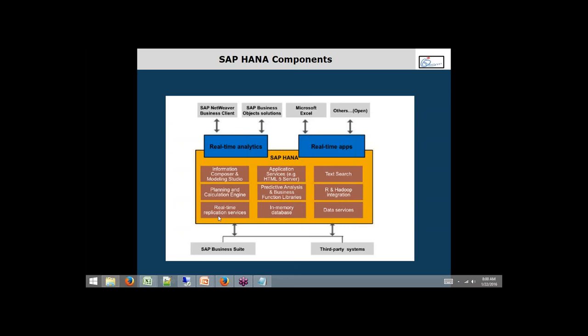See, as it is, HANA database is not real-time. When you have a HANA database accompanied with SLT or smart data access, then it becomes more real-time. So SLT is one. SAP Landscape Transformation, through which you can replicate data in real time. For example, I've got data in SAP or non-SAP. Through SLT, I can configure it to HANA. Then as and when there are new postings into the table, that will be replicated into the HANA database